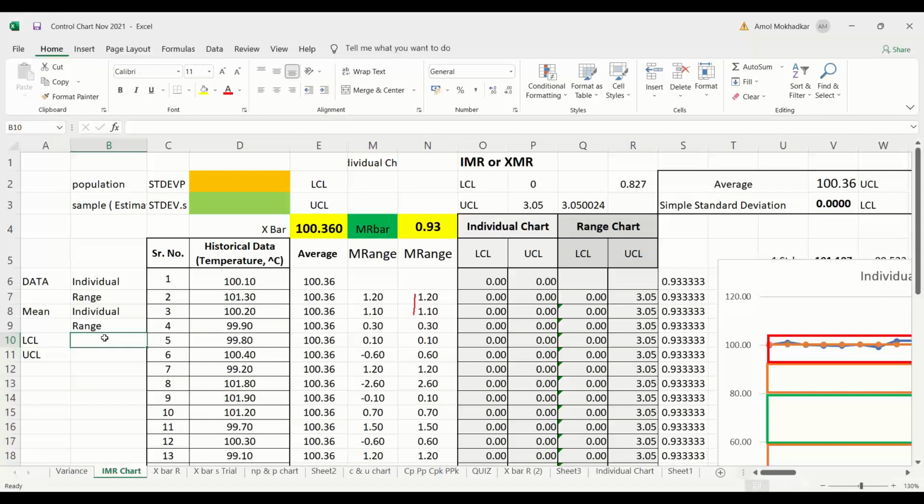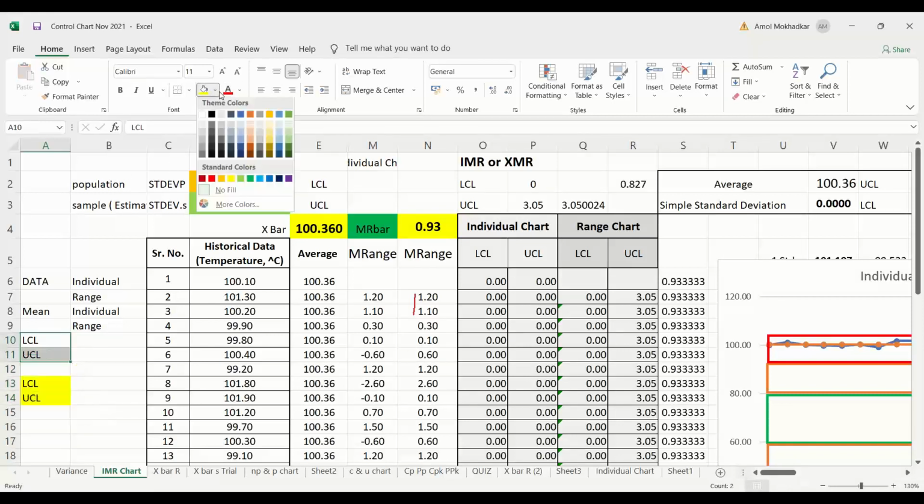Now if everybody has noted down, please calculate the LCL and UCL for this. Formulas you know, X bar for LCL and UCL, LCL and UCL of range chart, and LCL and UCL of your individual chart.